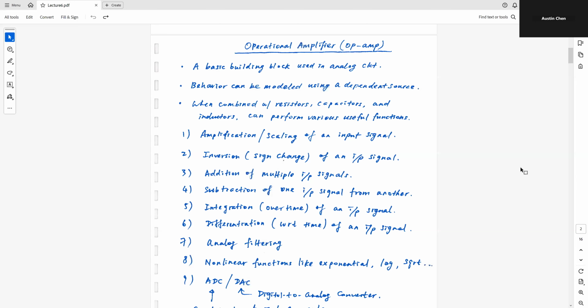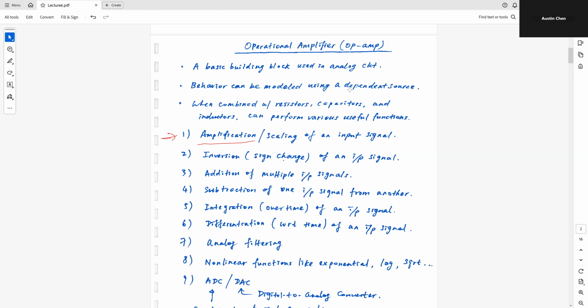Hello. In this part of the lecture, we are going to learn about a fundamental building block. It is a very useful building block that you can find in many analog circuits and applications. This block is called the operational amplifier, or op-amp. Its behavior can be simply modeled using a dependent source, as you will see. When this block is combined with resistors, capacitors, and inductors, those passive RLC circuits, it allows you to perform various useful functions. For example,